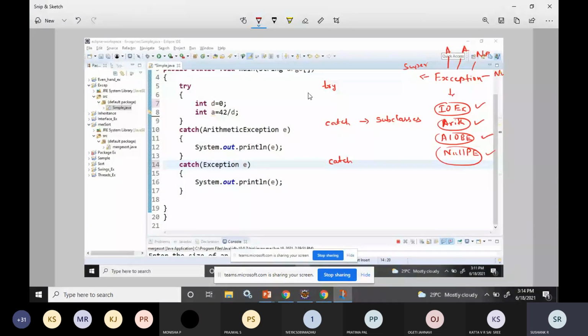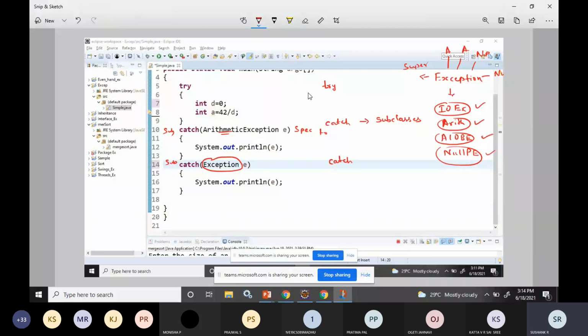First you should write the subclasses part, arithmetic exception or array index out of bound exception. And at the last, the last catch block should be the general one. So the order of the catch blocks should be from more specific to least specific.